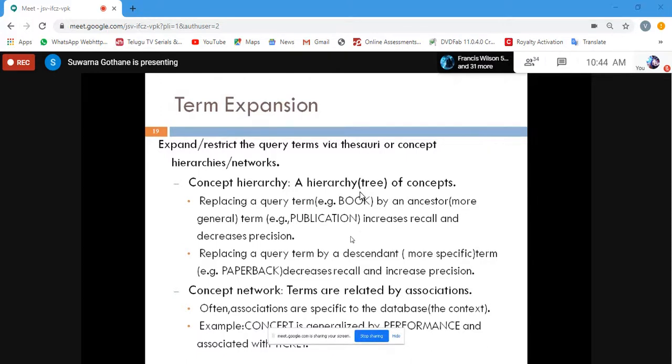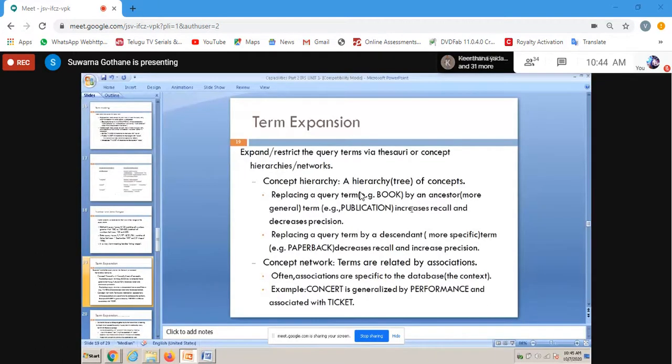So definitely in a concert, a performance is going to happen, and it is going to be associated with the ticket. So here that particular thing is called an association. One example is: concert is generalized by performance and associated with ticket.